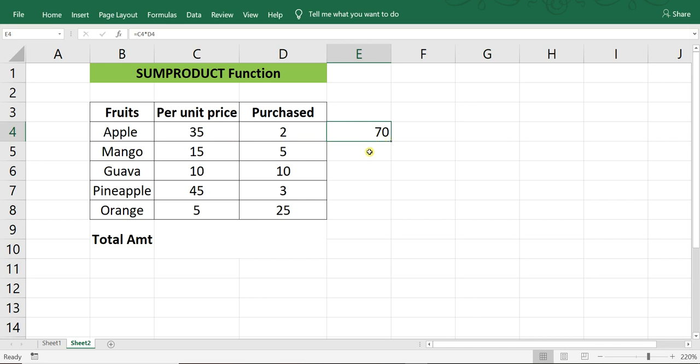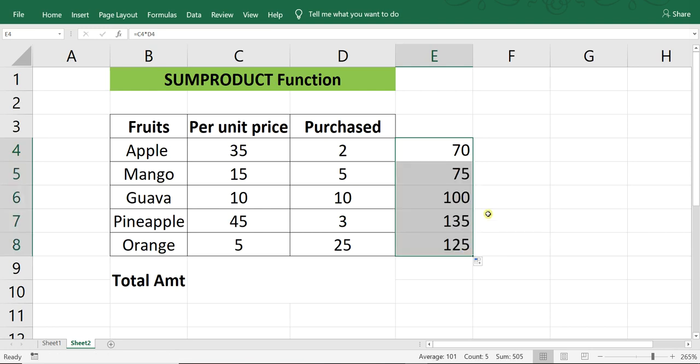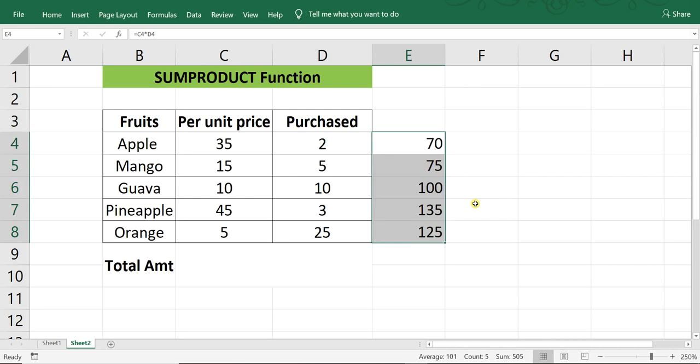To copy the formula, place your cursor here. Once it displays a plus mark, so I'll zoom here. Just drag it. The formula will be automatically applied. So now you will do the sum and select the range of the cells. I got 505 rupees, right? So what is the use of the SUMPRODUCT function is, no need to calculate this per unit price and this. You can just use the SUMPRODUCT function and calculate this result.